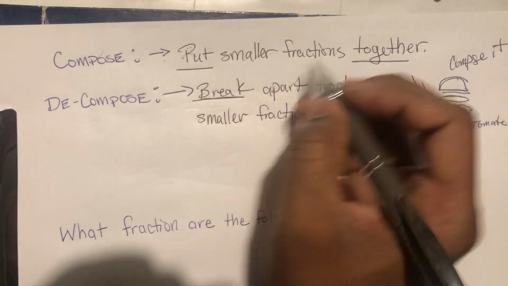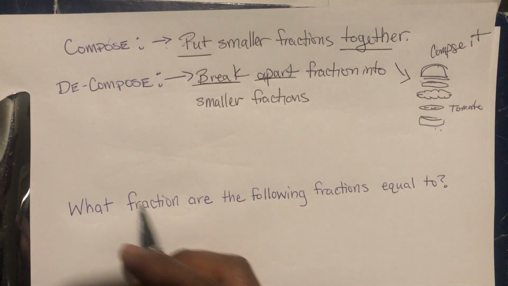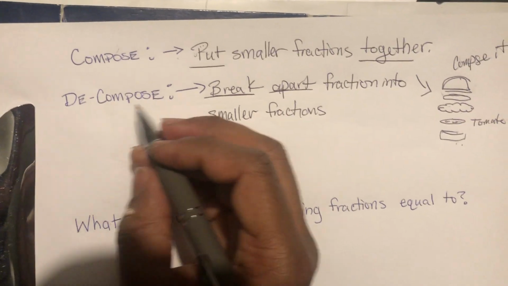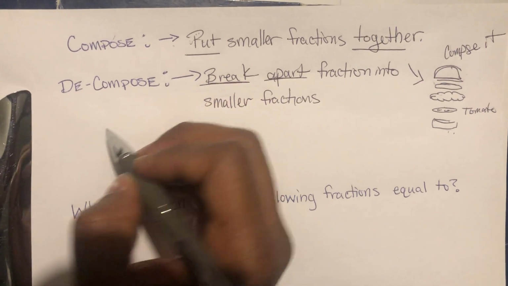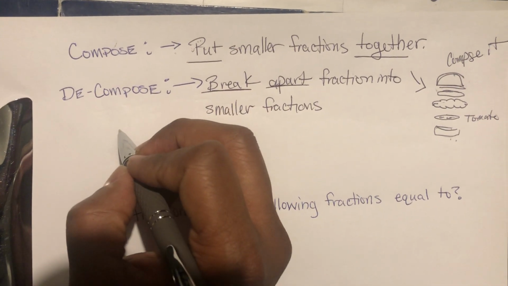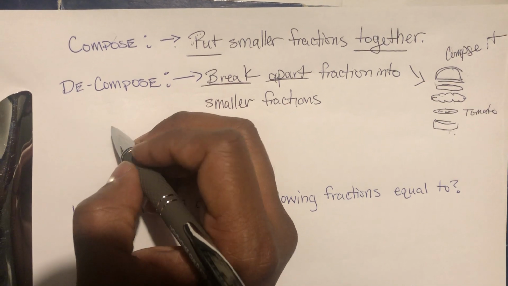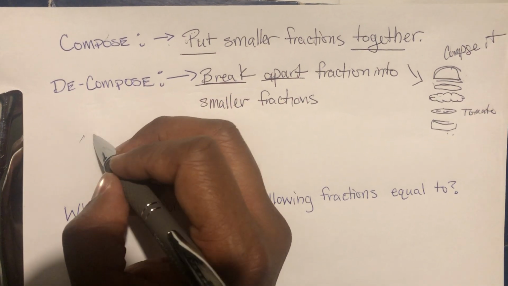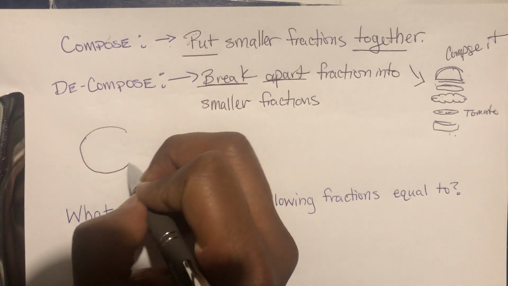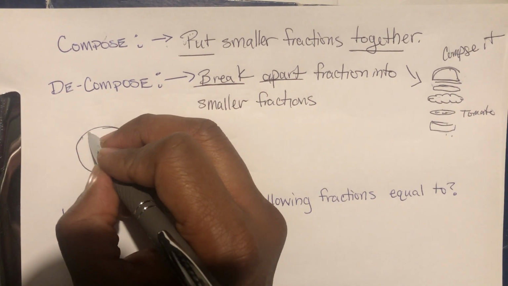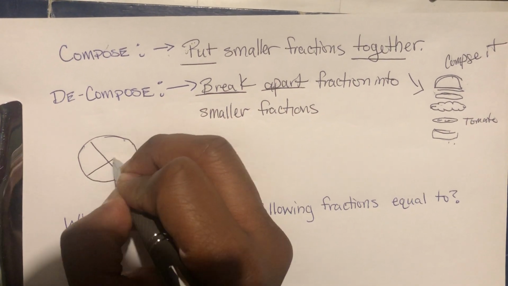So, boom, break apart. That's the key word there. Great example of that would be, let's say, if we had, I don't know, I guess everybody uses a pie. We'll use a pie too, right? So if we had a pie